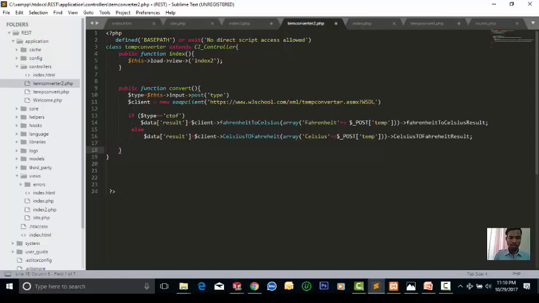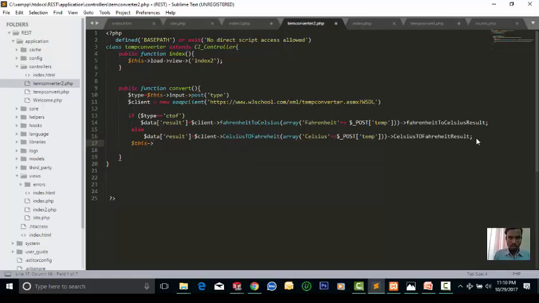And if the type is ctop, that will execute this line, and if not, our program will execute this line. And now we are going to execute our program,